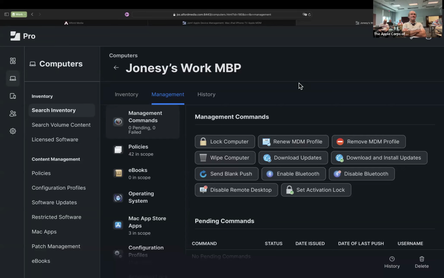Also gives me a couple tools that I can use here on my end. So for example, as you can see, if it really comes down to it, I can remotely wipe the computer. I can tell the computer to download updates. I can give them a couple different levels when it comes to updates too. So I can download the updates, but let them pick when it installs. I can download the updates, but have it install at the end of the night. Or I can just be mean and be like, look, we need to install this, and once it's downloaded, we're installing this now. I haven't had to do that to anyone yet, thankfully, but